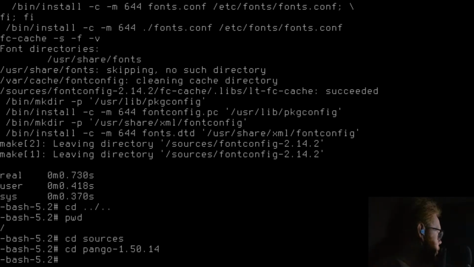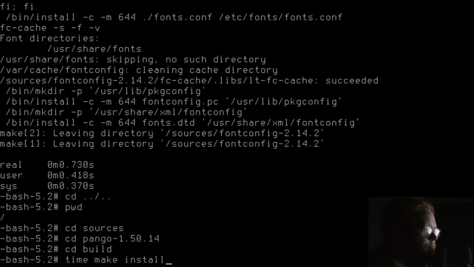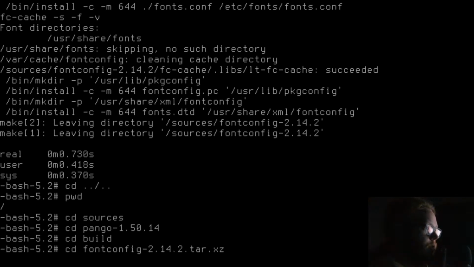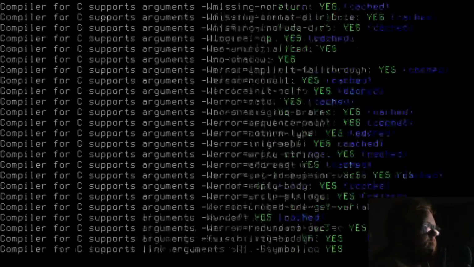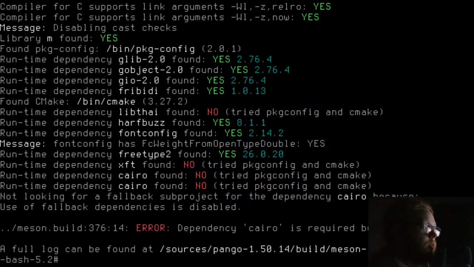We need to cd back into the build directory. Please work. Why do you say it is recommended if it is required?